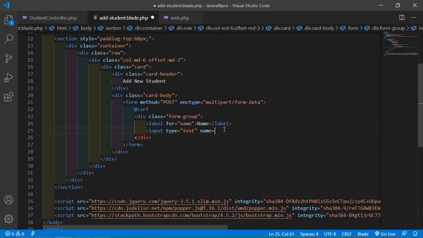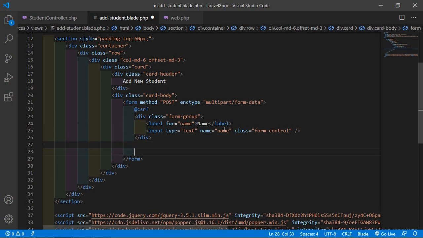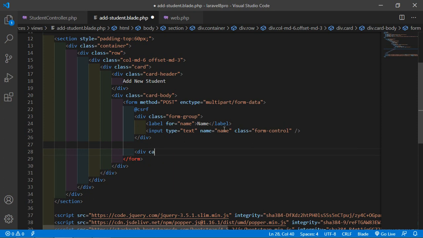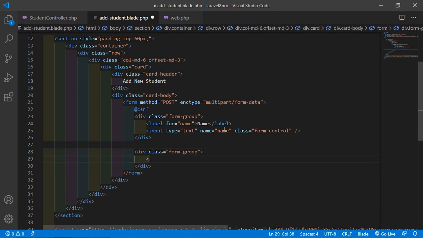Alright, name is equal to name, and class form-control. Now close this. Now create another div, class is equal to form-group, and inside this just add a label